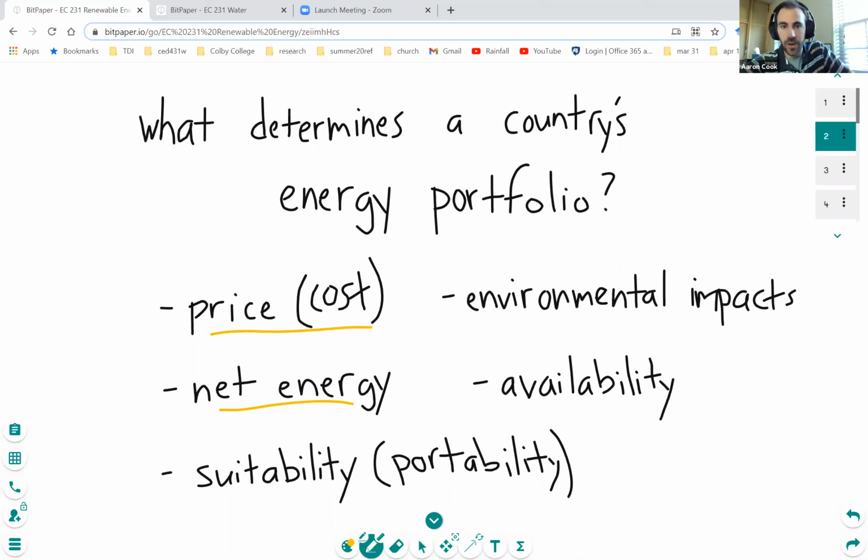But that's a factor in determining the energy portfolio. Different energy resources are going to have different sorts of characteristics that make them more or less suitable for different purposes. So the fact that petroleum can be converted to gasoline, which is an extremely energy dense kind of fuel that can be easily transported through a pipe, stored in tanks, distributed at gas stations, put into your car's fuel tank and burned in your car,